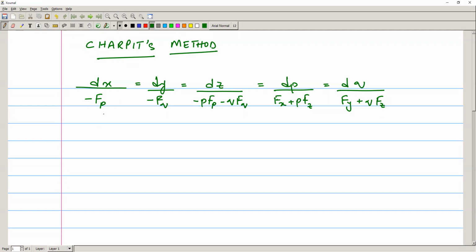So you guys are familiar with this stuff, fp, fq,